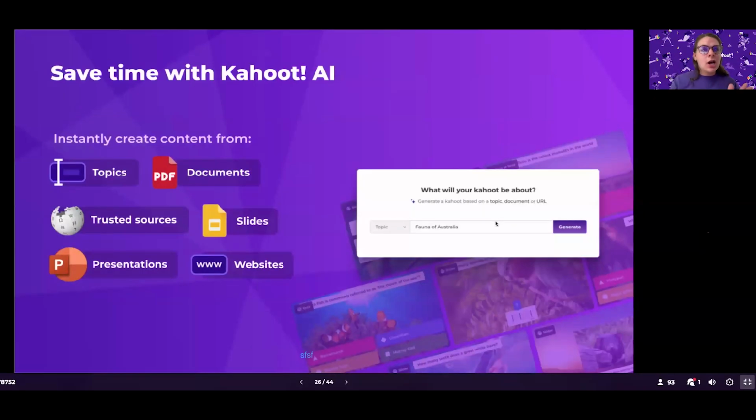So like I said, you can search by topic, you can search by document, you can add in trusted sources or URLs, slides, presentations, OneDrives, however you're already creating with your team, with your group, and with your grade level, or even across an entire university or campus. Kahoot helps you connect the dots to make that learning more engaging, more interactive, and highly customizable along the way. Definitely want you to look at that, and I will share the links, and I'm definitely out of time, finishing up with so much to continue sharing.